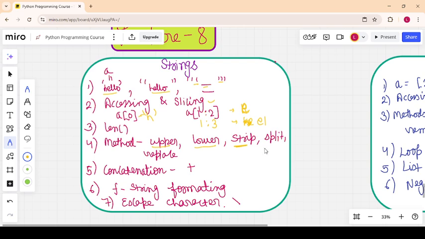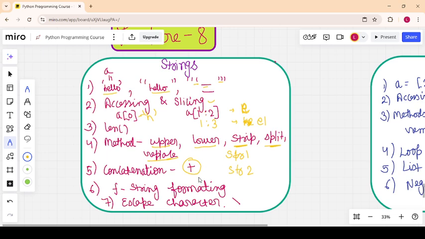If you want to split the text using a separator, you can use the split method. If you want to replace a character with another character, use the replace method. If you want to join strings, you can use the plus operator. Suppose I have string 1 and string 2, you can join them using the plus operator.